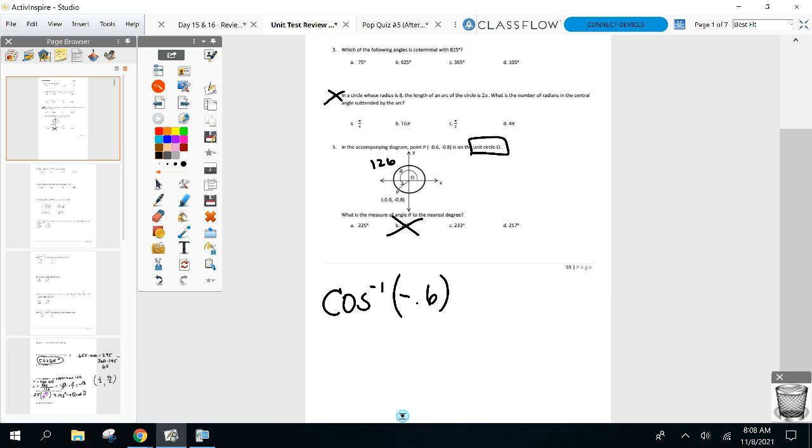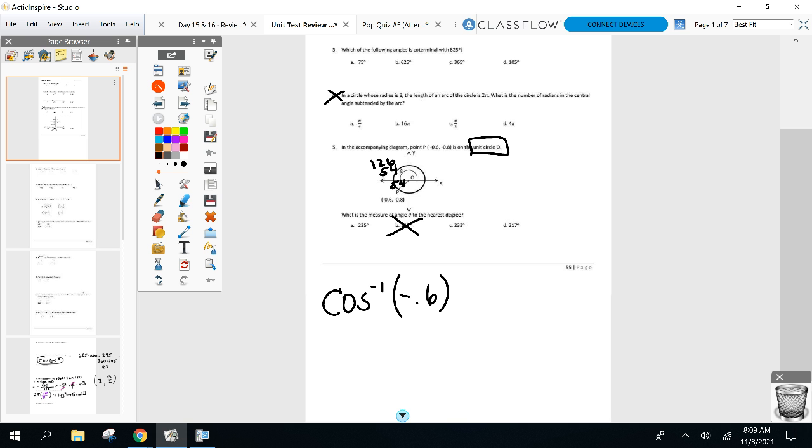All right, so here's the deal. Can we get 126 into the third quadrant? You don't think you can, but you can. The reference angle is always the same in every quadrant, no matter where I'm at. So if you can find me the reference angle in quadrant 2, it's the same reference angle in quadrant 3. What's the reference angle for 126? It's 54, which means that's also the reference angle in quadrant